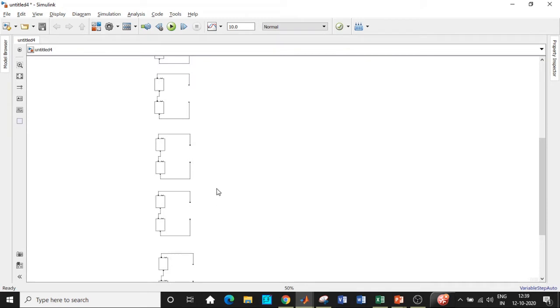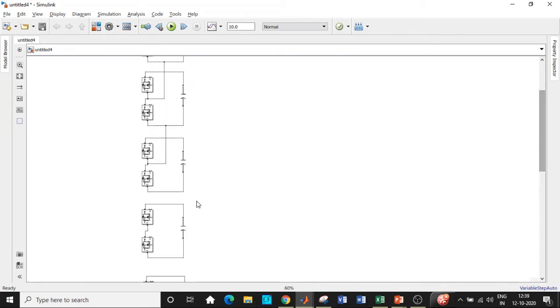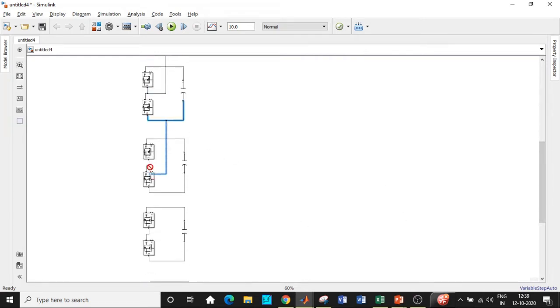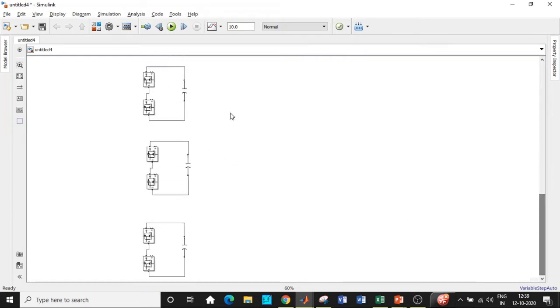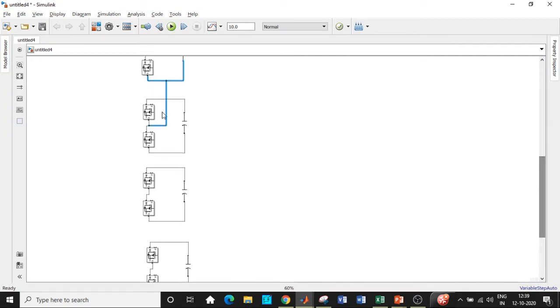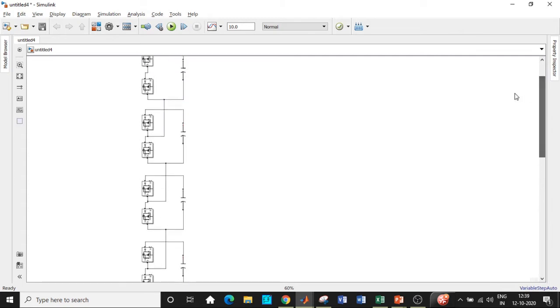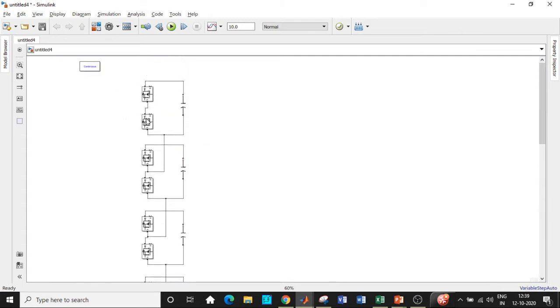Now let us zoom in on the portion where we want to connect the circuit. Again we'll follow the same pattern: from this point connected to this point, and from this point connected to this point, and from this point connected to this point, the end of the point where the capacitor is connected to the middle of the switches. So this is basically a half bridge configuration. If you have 4 switches connected with a capacitor, that is called a full bridge. So I am building this using half bridge chopper cells. These individual modules are called chopper cells.